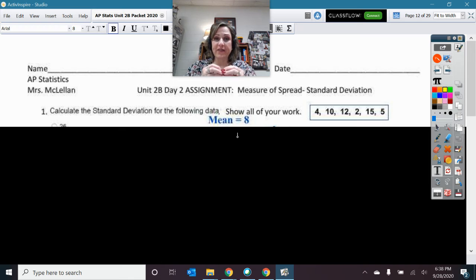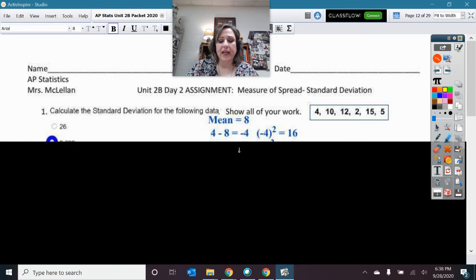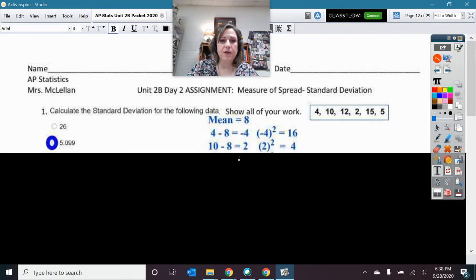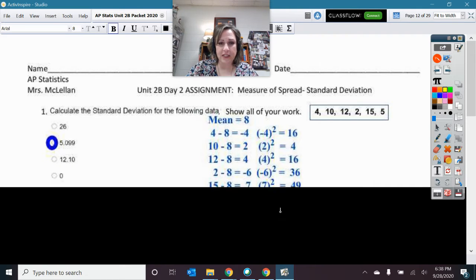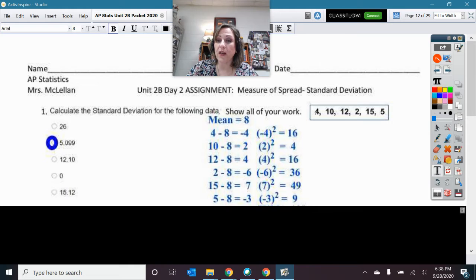Okay, so remember standard deviation is that average distance from the mean. Average distance from 8. All right, so we did the little deviation score, then we squared it for the 4. Deviation for the 10. Deviation for the 12. Deviation for the 2, and so on. So I did the deviation for each one of these, how far away they were from the mean,